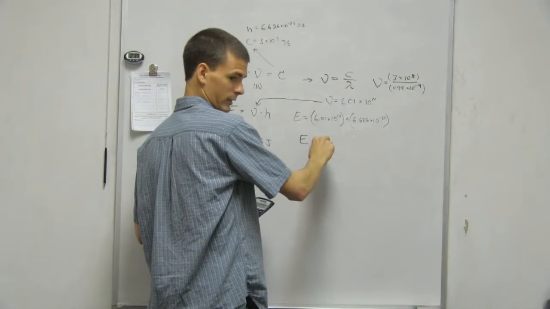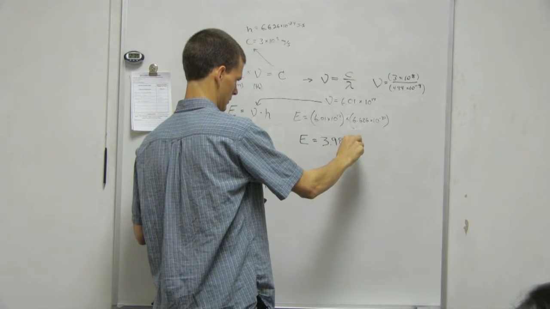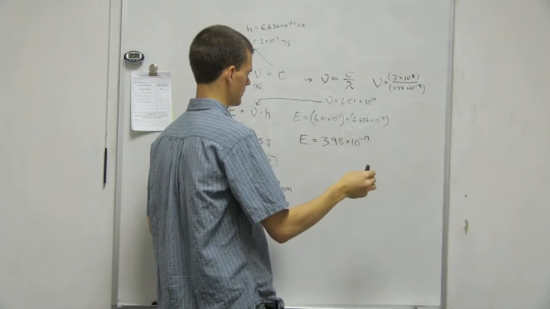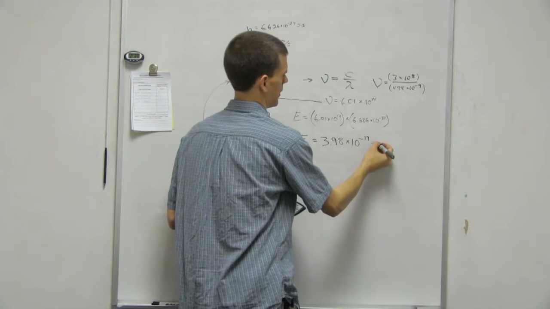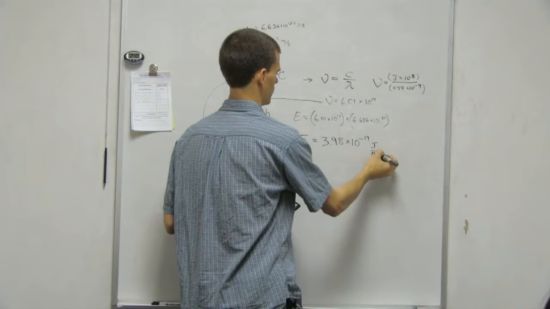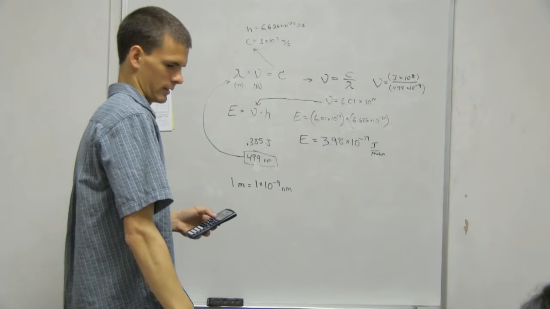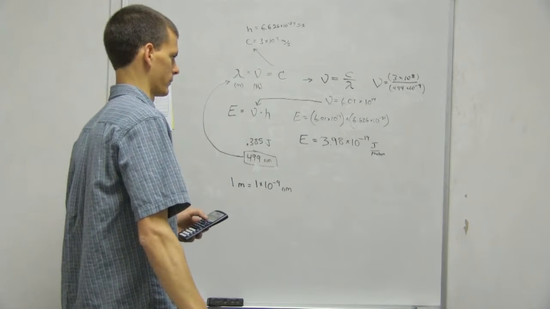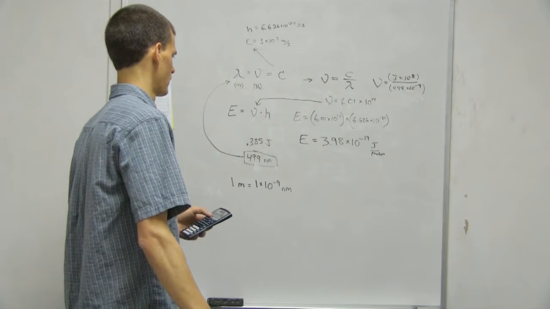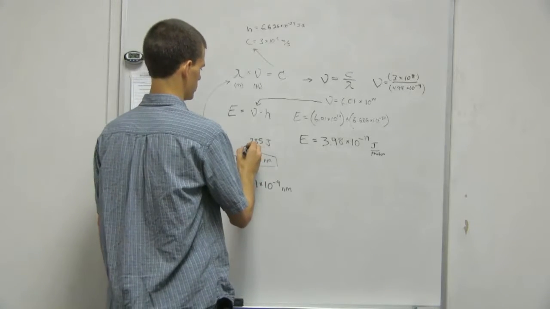You got 3.98? Yep. Okay, 3.98, and it's times 10 to the negative 19th. And the units on that are joules, but they're joules per photon. A photon is just a little particle of light. Okay, so joules per particle of light. So now what we have to do to find out how many photons are in a pulse of 0.385 joules